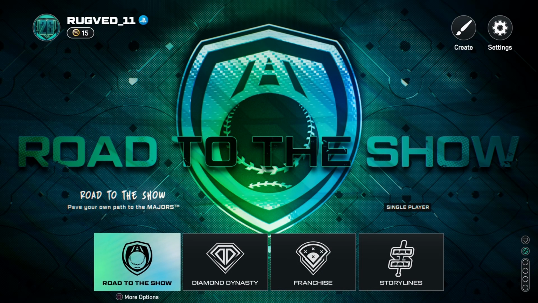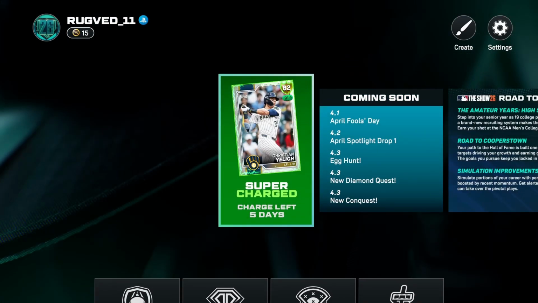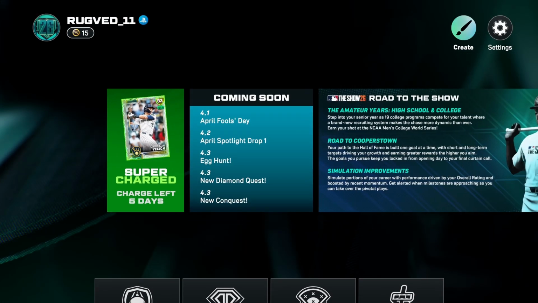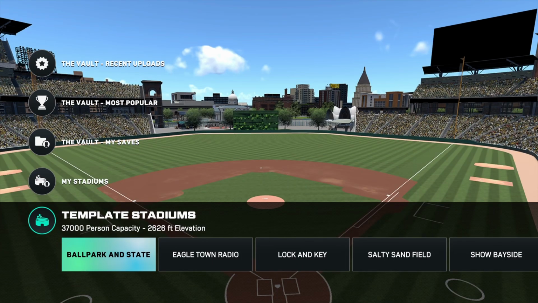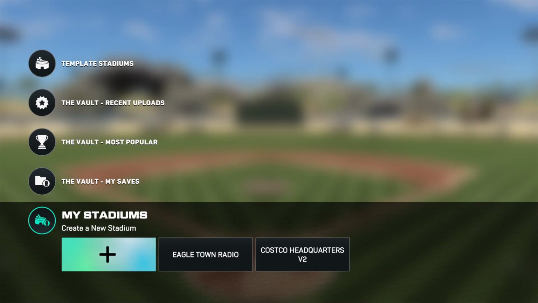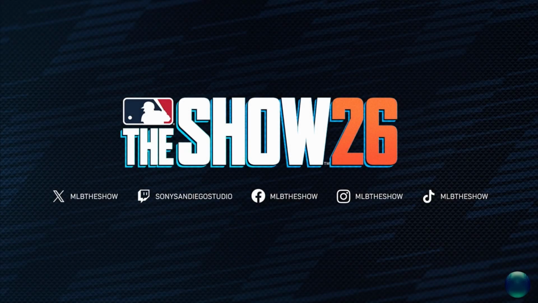Hey guys, in this video I'm gonna show you how you can create custom stadiums in MLB The Show 26. It's pretty easy. All you have to do is select the create option at the top, then select stadium creator. Right here, you can either create your stadium from scratch or use a template. If we go into the create new stadium option or just select the plus icon, we'll be able to create the stadium